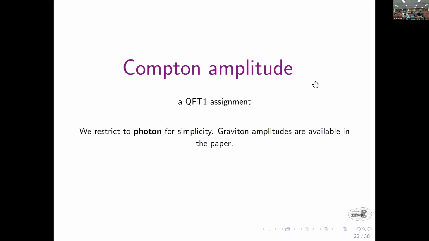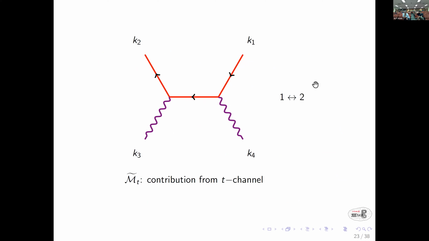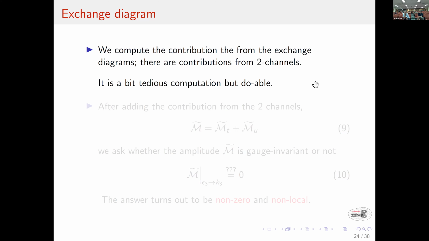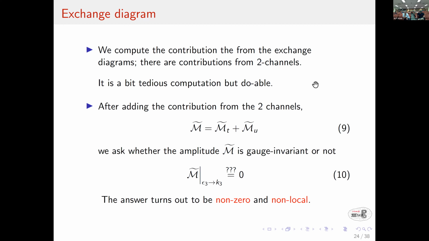So, okay, I'm computing Compton scattering, where this is the Coulomb 3-point function, the most relevant in the IR. There are two diagrams, M_T and M_U. I compute them explicitly, I add them, and I put a pure gauge polarization for them. And I ask, is it gauge invariant or not? It is not gauge invariant. As you can see, it's non-zero and it is non-local. So what Siraj was saying is that if it was local, then it's a complete story, hopefully, by adding some contact term, which will be our actual conclusion, but we'll see. Then I can probably add a contact interaction to cancel that term, but it is non-local.